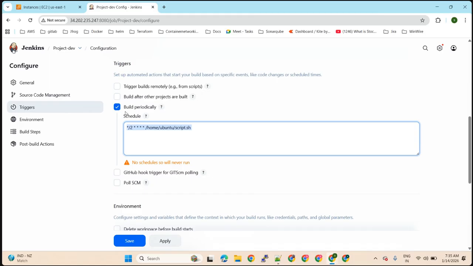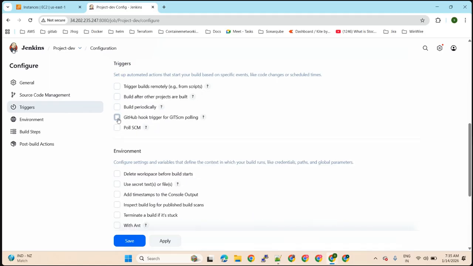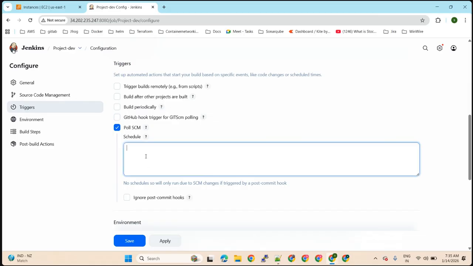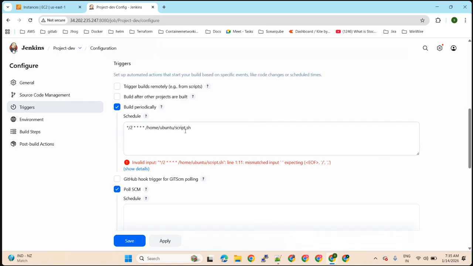Okay. Now soon after build periodically, we'll go with GitHub hook trigger for GitSCM polling. If you enable this, the GitHub hook trigger will pull the webhook and trigger the build automatically. And similarly for Poll SCM, here we can also schedule, we use it based on the post commit. Build periodically uses the cron tab, and in Poll SCM